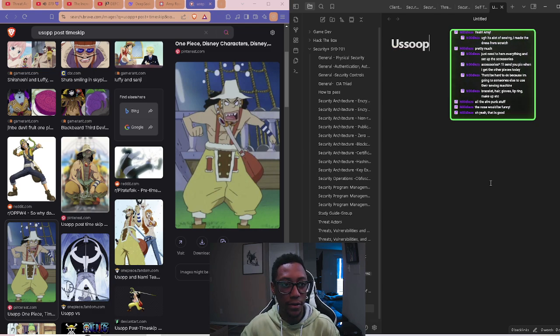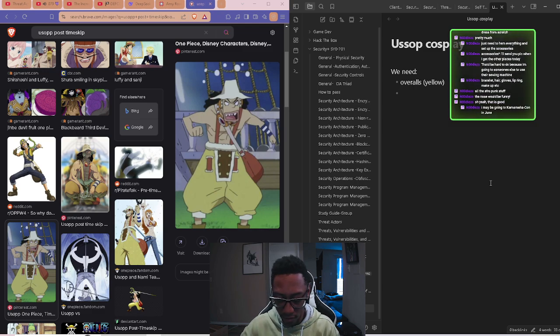Usopp cosplay. Well, we need... I think those are called overalls. I'm pretty sure that's the word for it. Blue and white. I didn't even know there was a Kamehameha Khan, and now I need to look that up. Give me 1 second. Sweatband.